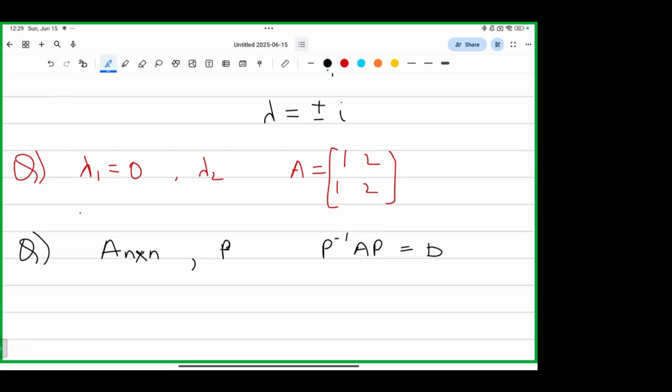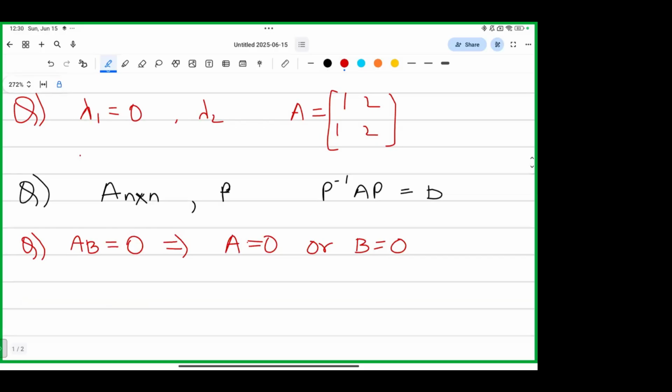Okay. So I'm asking from basic matrix theory: if AB equals zero, where A and B are two matrices, does it imply that A equals zero or B equals zero? No, sir, it does not imply that. Can you provide an example? Yes, sir. If we take A as 0, 1, 0, 0, and B as 0, 0, 1, 0, then